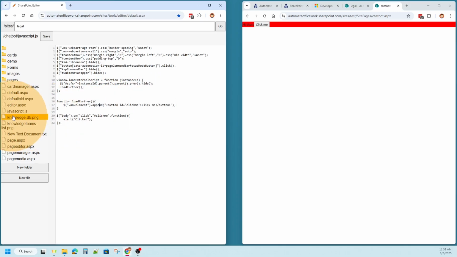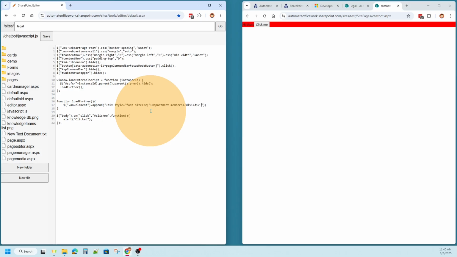And instead of having a button to click, I am going to say append, and I'm going to say div, style equals font-size 22. Let's say department members,